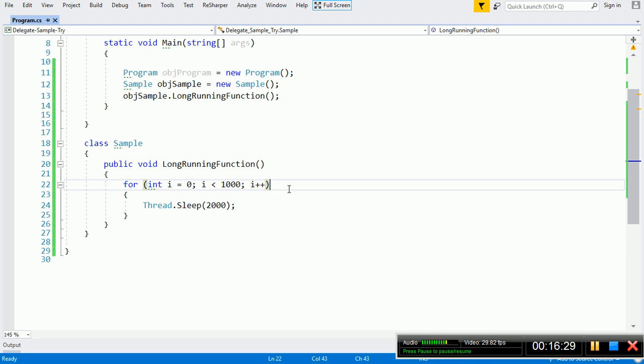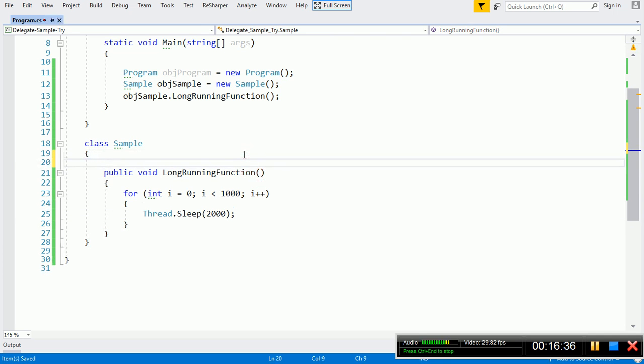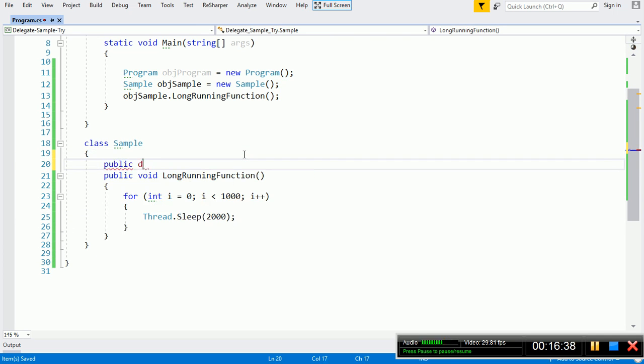For that, I will first stop the execution, and then I will create a delegate: public delegate void print status delegate, and this delegate will accept one argument, int num.